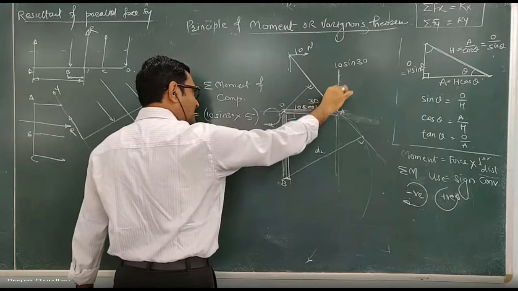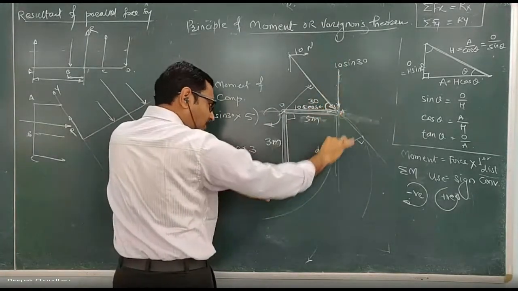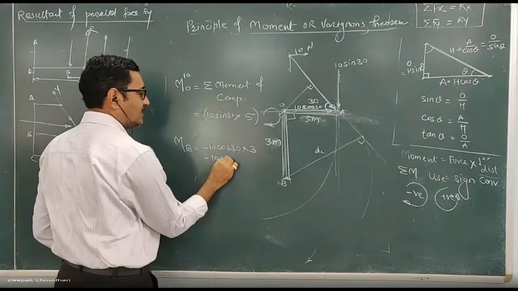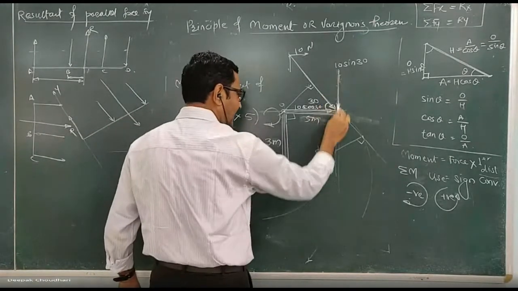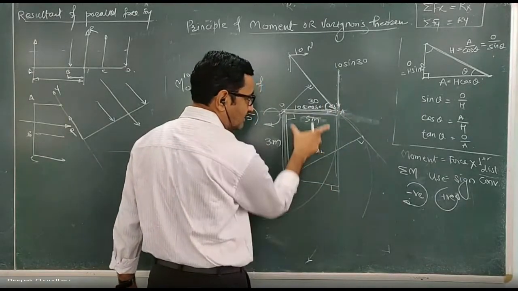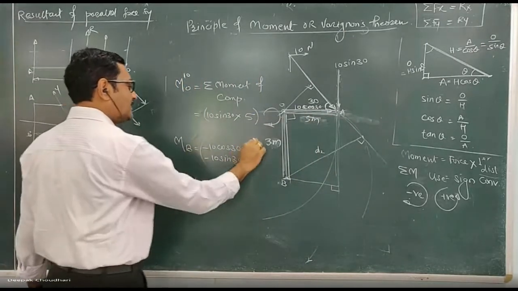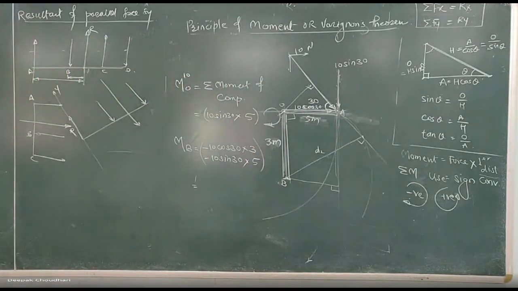Now the moment of this 10 sin 30 about point B. It produces a clockwise moment again. Move in the direction of the force and turn toward the moment center. So it is a clockwise moment, that's why it is minus. Here it is minus 10 sin 30 into how much is the perpendicular distance for this 10 sin 30? If you extend the line of action, the perpendicular distance is this horizontal distance, which is equal to 5. If you simplify this, you will get the moment of this 10 Newton force about point B. So the conclusion is that whenever the force is inclined, instead of finding its perpendicular distance, better you resolve this force and take the moment.